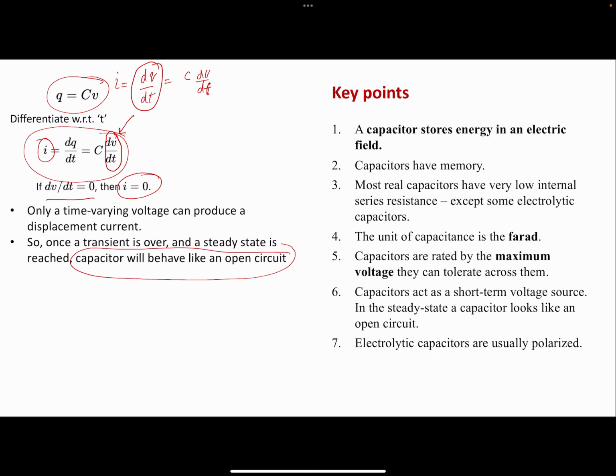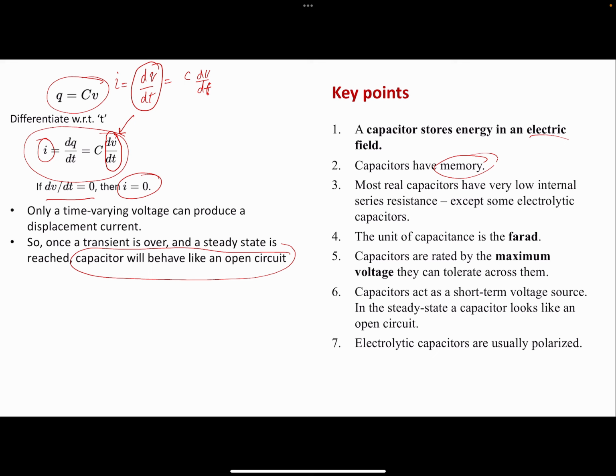So the key points are, again, a capacitor is an energy storing element. It stores energy in the electric field. It has a memory. Again, what does that mean? This is going to become clearer in the next lecture. Let's say you charge a capacitor and then remove the voltage source which originally charged it. The accumulated charge won't become 0 right away at that instant. Capacitors have memory; it stored the energy, so it is going to take time